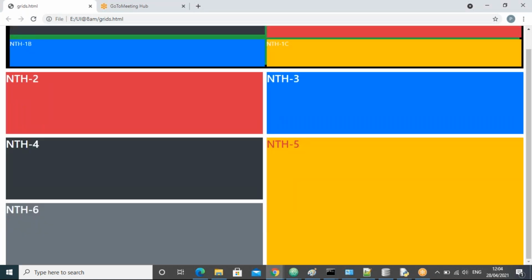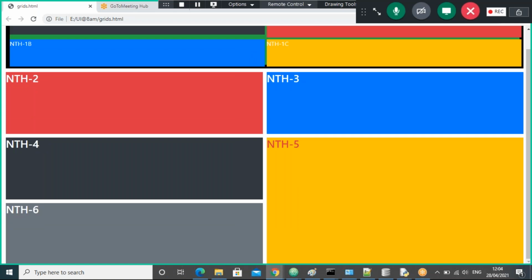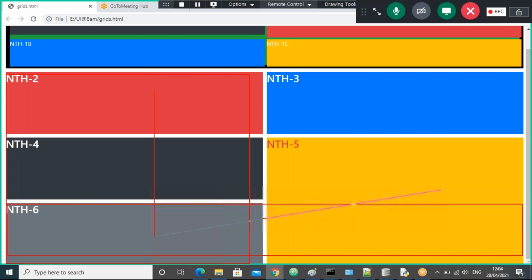That's fine. Now all of you observe. See here, it's possible either column wise or row wise only. For example, L shape means this NTH2, I want to occupy this all, and also like this. L shape, guys. That is not possible. Either row wise or column wise is possible in the same grid, but L format like that, it's not possible, guys.